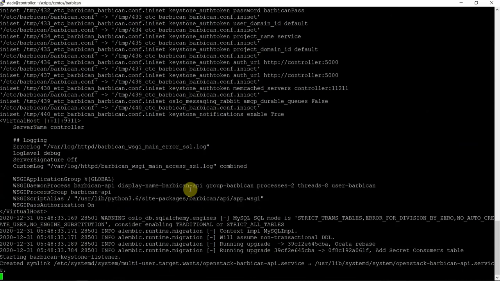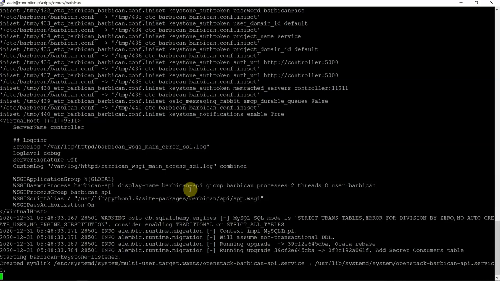So this way we have created the Barbican secret management, the Barbican key management system, for OpenStack. Right now it is restarting HTTPD. You know that HTTPD restart takes time, because before HTTPD it has restarted the Barbican keystone listener, and a symbolic link is also created.